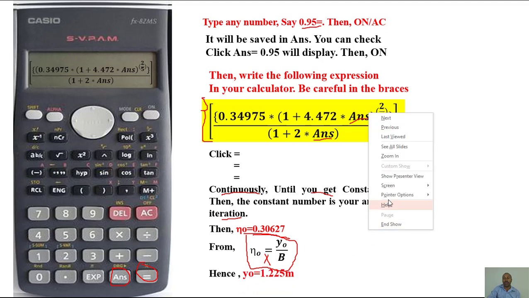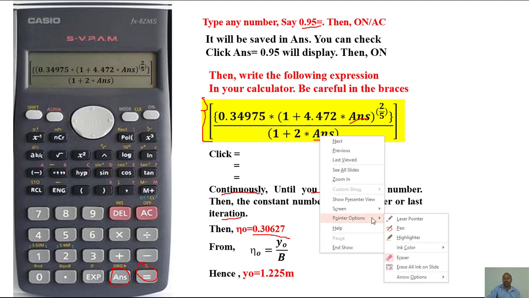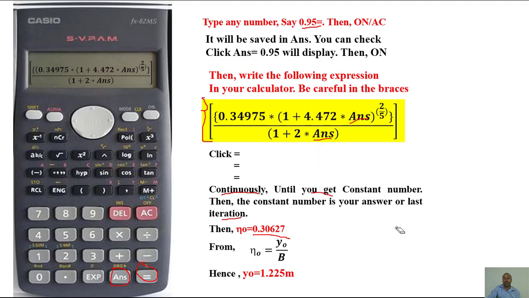So this is the 1.225 result. What does it mean? From a rectangular section, we found the result 1.81. But for the trapezoidal section, we found this one, for the same flow rate, for the same